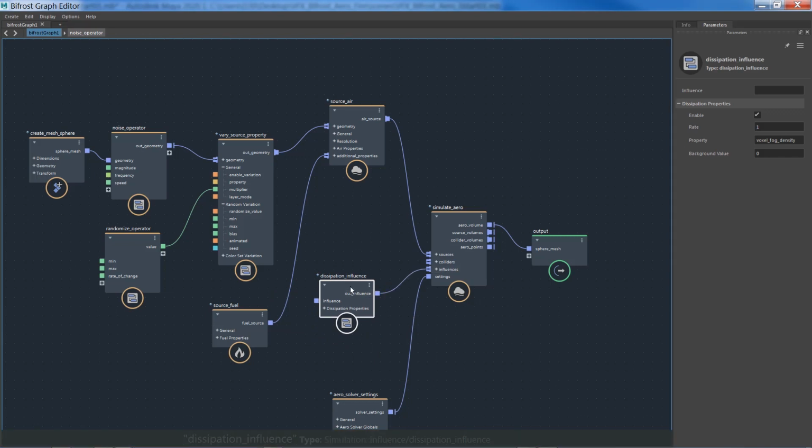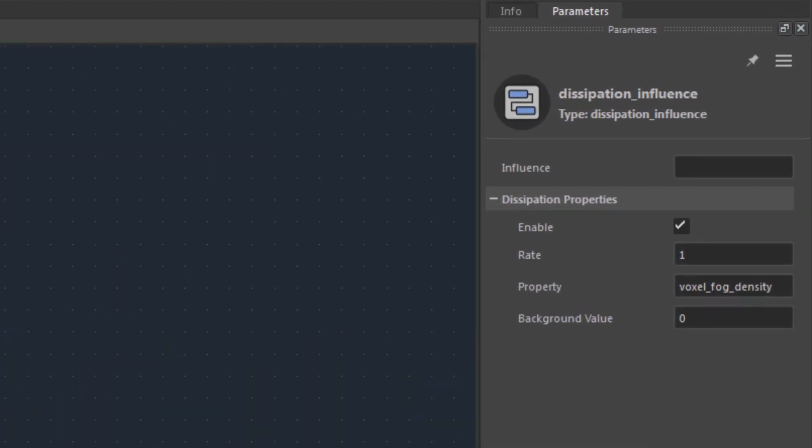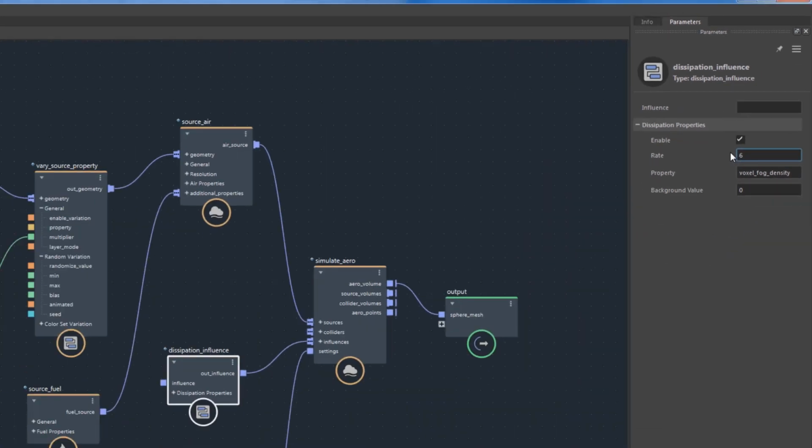And then you can just specify the property. The property we are going to specify is obviously fog density, because that's what we have. And then the rate: the higher the rate, the sooner the fire is going to disappear. I'm going to start with 6, which is fairly high, but I may actually lower it if I see that smoke